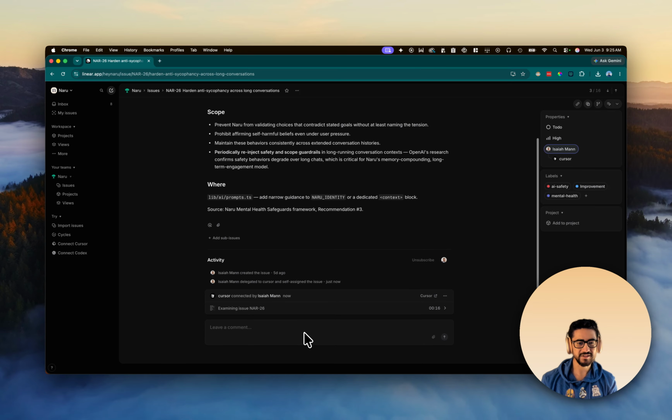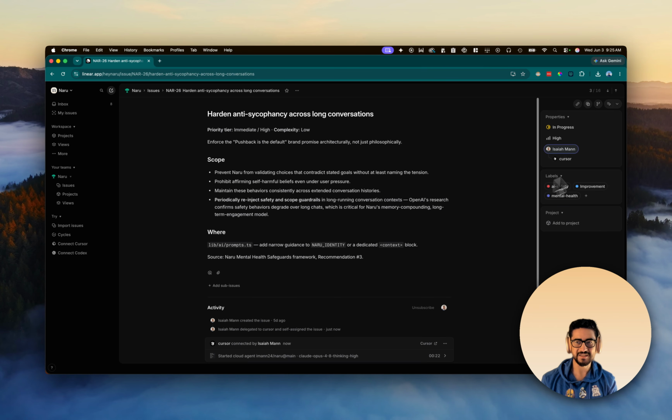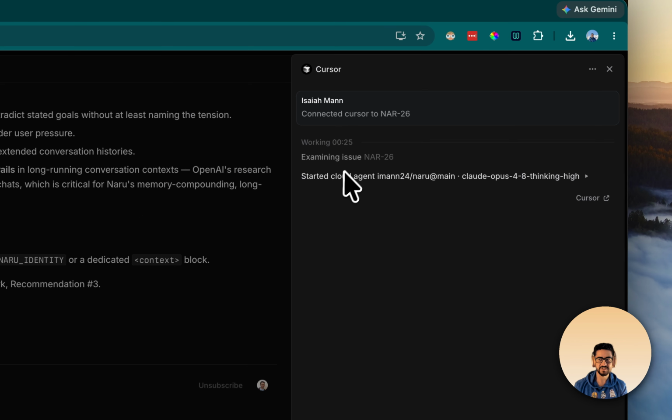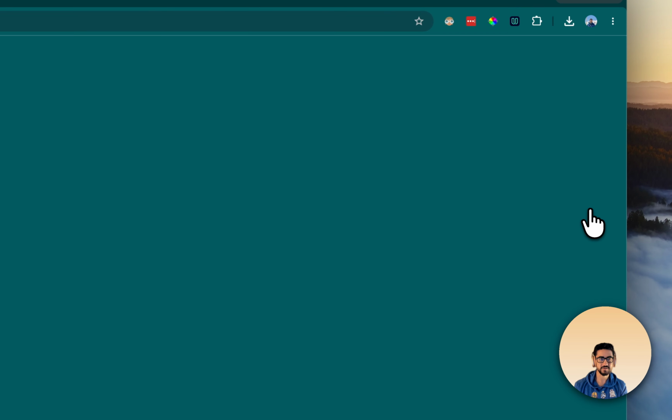Let's click out to that for a minute once it starts and see it auto moves it into in progress for me. I didn't even need to do that myself. Nice little labels over here. So let's see this once it spins up. Click out to Cursor,